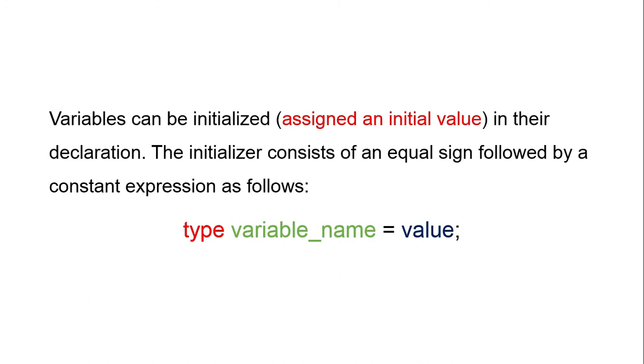It may be integer, float, character, whatever it is, and the variable name is user defined. We can declare the corresponding variable name. It is A, B, or house, car, whatever it is. That name represents the corresponding variable. And equal to value, the corresponding variable has some value. So this is the structure to declare a variable with a value, assigning the value to the variable.